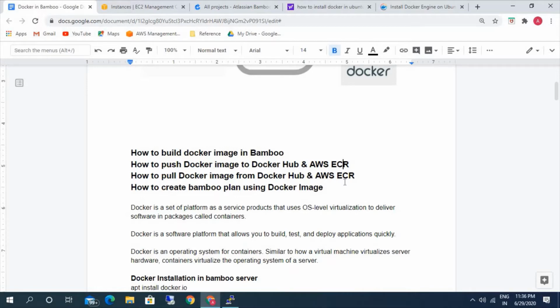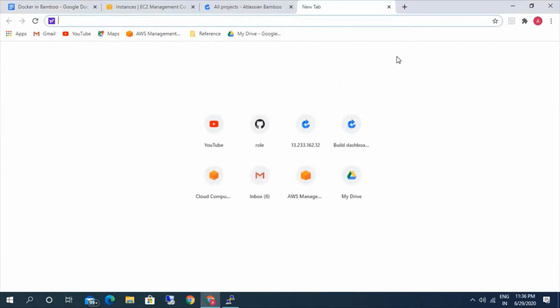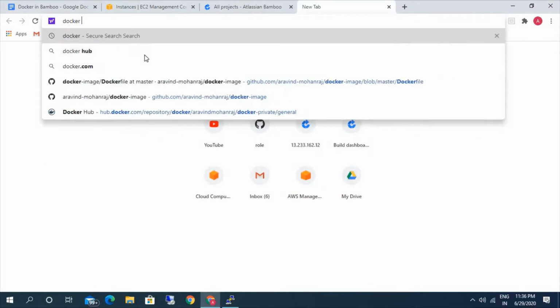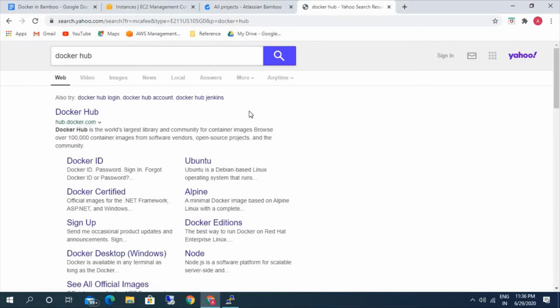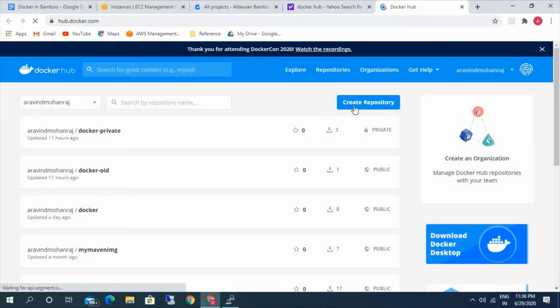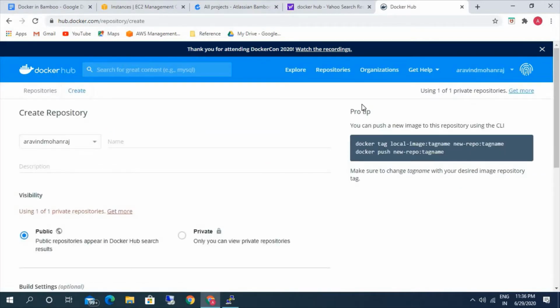Only then can we push our Docker image. So first let's log into our Docker Hub. In case you do not have an account already, you can just create one, it is open source. I already have an account here.